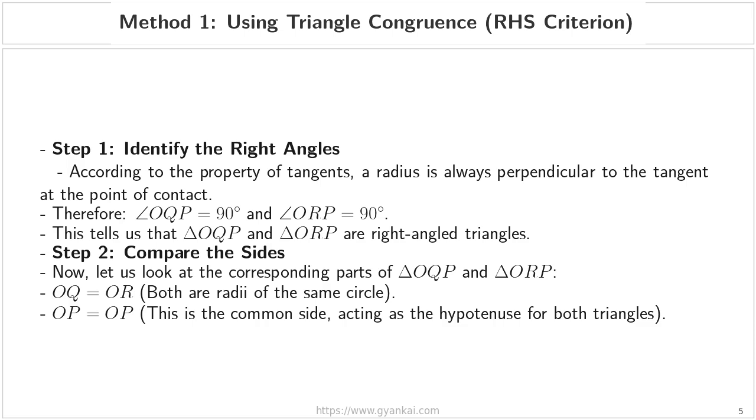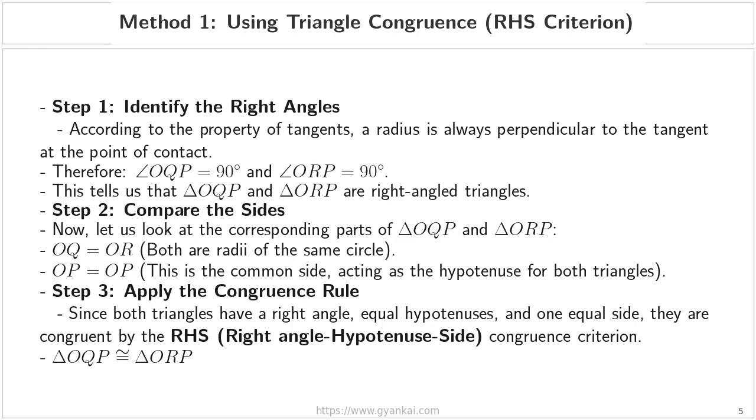It is a common side, and specifically, it acts as the hypotenuse for both triangles. This brings us to step 3, where we apply the congruence rule. We now have all the necessary pieces. We have a right angle, we have equal hypotenuses, and we have one equal side. Therefore, we can conclude that triangle OQP is congruent to triangle ORP using the RHS, or right angle hypotenuse side,